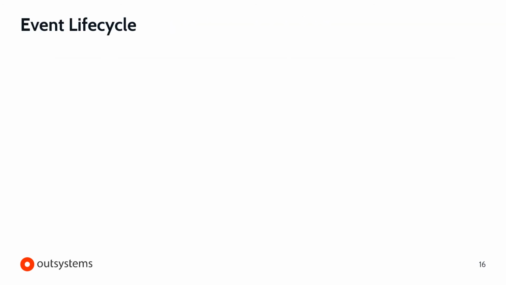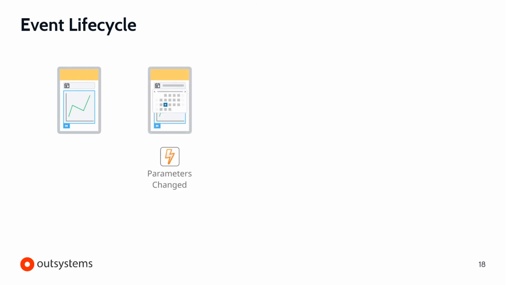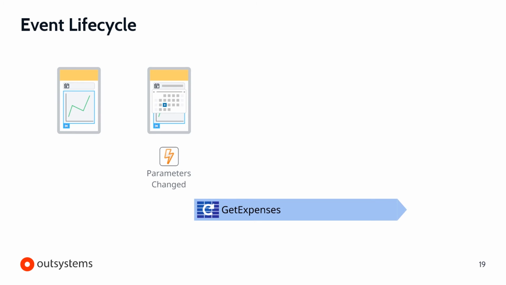Now let's revisit the life cycle for the onParametersChanged event. In this example, we have a screen with a block. Upon changing one of the inputs of the block, for instance a date used in the chart, the onParametersChanged event is triggered. Inside the flow of the handler for the onParametersChanged event, a refresh data for the getExpenses aggregate is